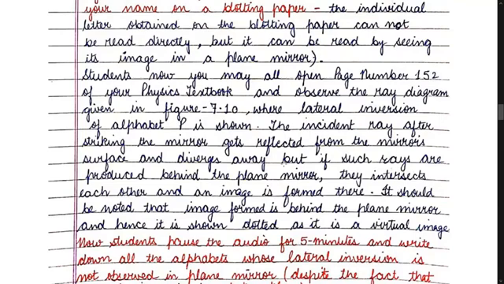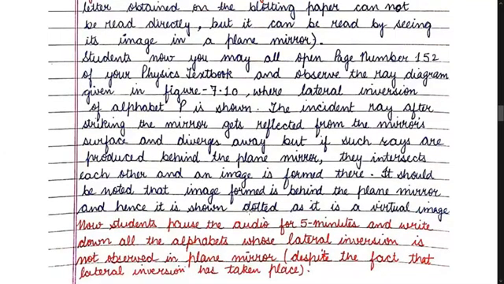But if such rays are produced behind the plane mirror, they intersect each other and an image is formed there. It should be noted that the image formed is behind the plane mirror and hence it is shown dotted, as it